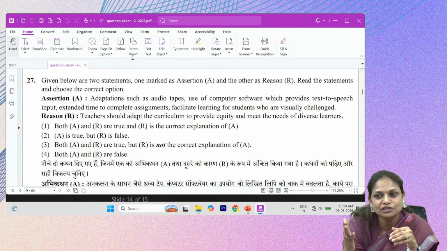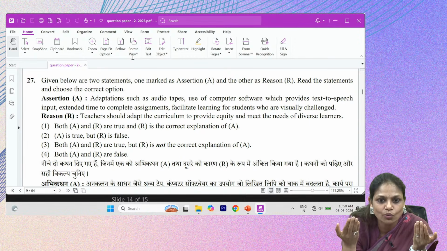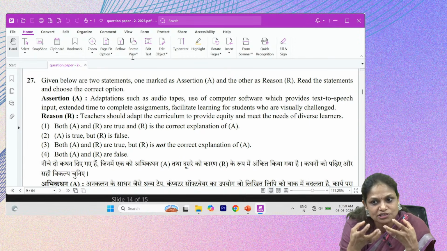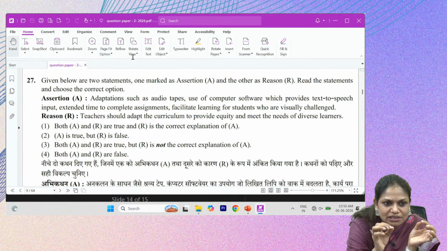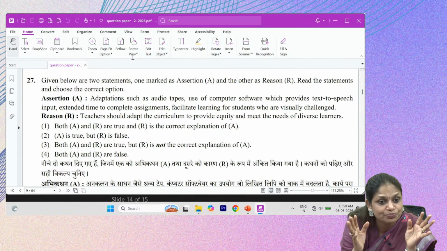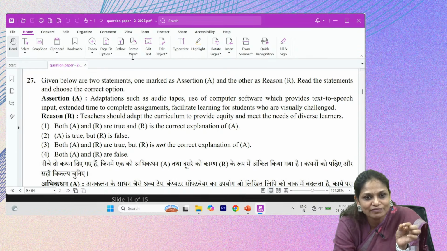एंड मीट द नीड्स ऑफ डाइवर्स लर्नर्स, यस, टीचर को करिकुलम इस तरह से अडेप्ट करना चाहिए जहां पे वो डाइवर्स लर्निंग नीड्स वाले बच्चों को अडेप्ट कर सके। तो ए भी ठीक है और आर भी ठीक है, यस और नो। नाउ लुक अप ऑन दिस स्टेटमेंट। अब देखो ये वाले जो होते हैं ना, ये बहुत